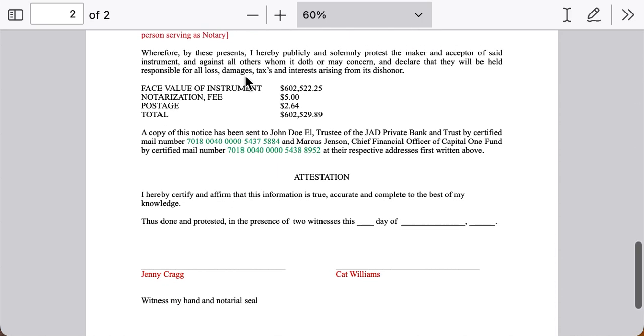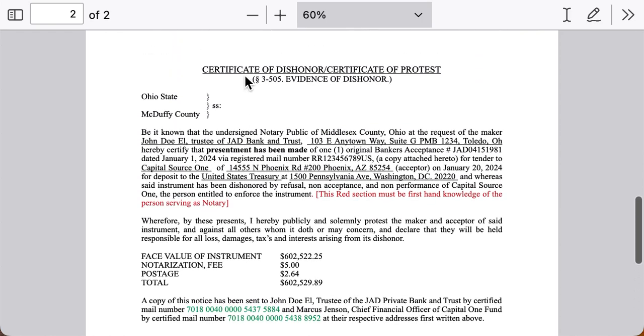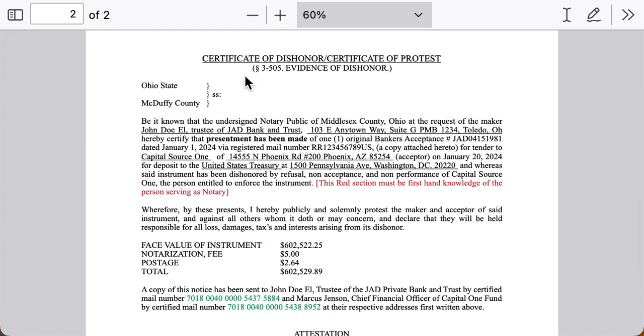It's a one-page certificate. We want it very clean because it's going to enter into a court record as evidence, perhaps. Now, if you ever have to enforce a banker's acceptance, that's probably going to be done in a federal court because there's a national banking emergency that ties to that instrument. But it may also be a bill of complaint for equitable relief, which may still go in the United States District Court. Even the certificate of protest, all these things seem like they would be subject matter for that court. So I would say make sure the instrument is clean. Certificate of dishonor, certificate of protest at the top.